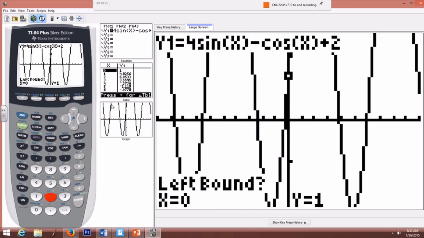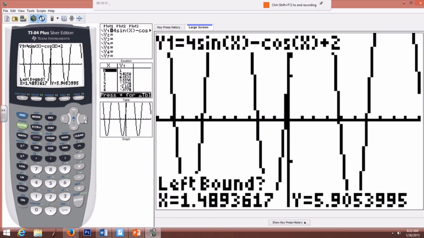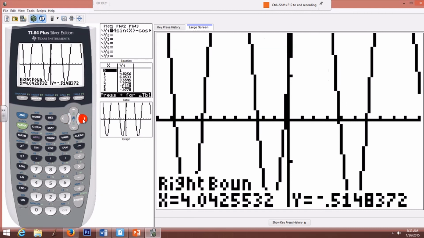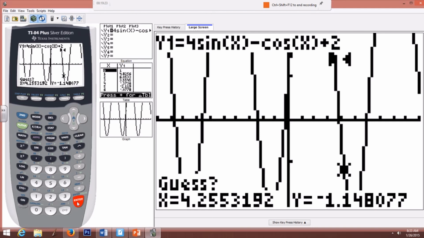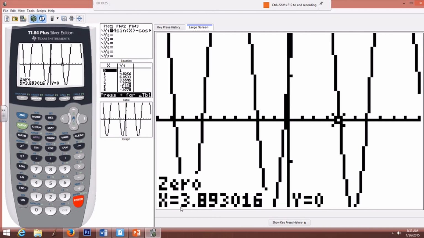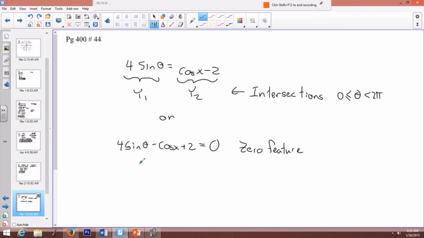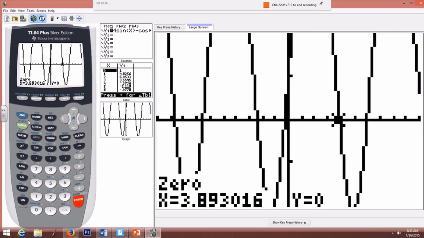So I'm going to go 2. Just move my little spider guy, get a little closer right there. It's pretty good. Hit enter. Move over, hit enter again. And so my first solution is 3.893. And then my second solution,